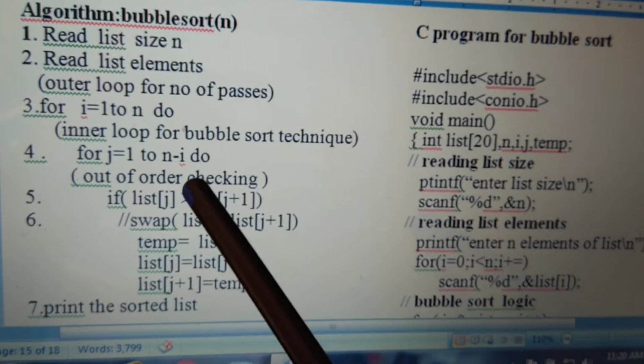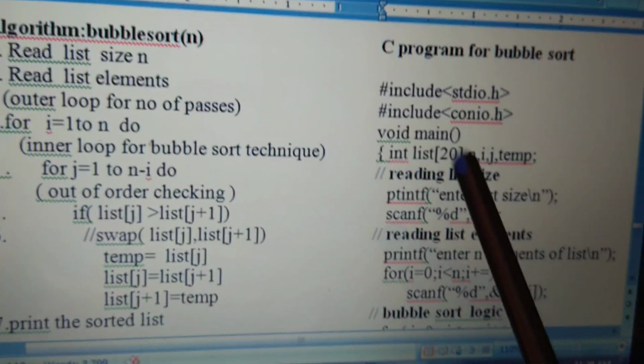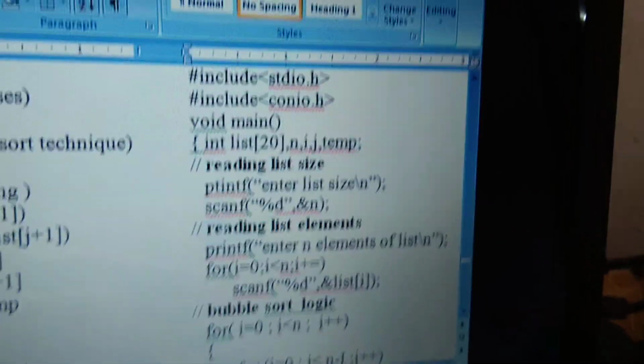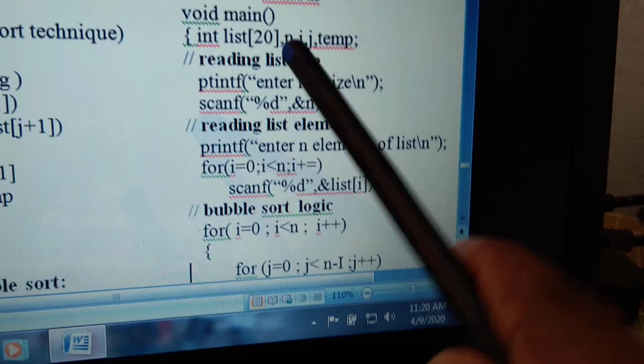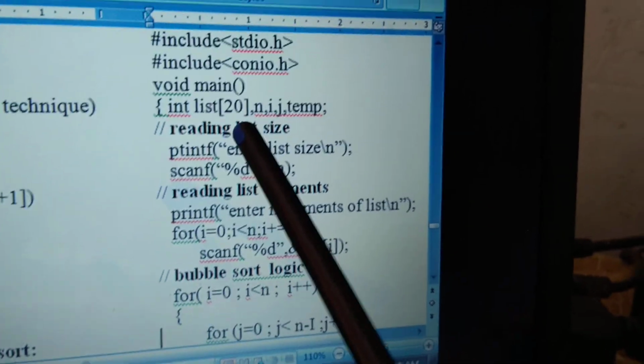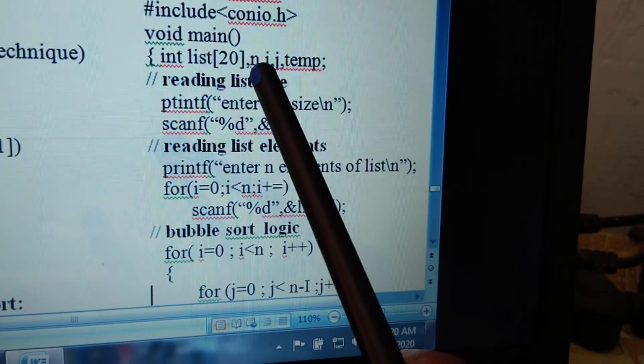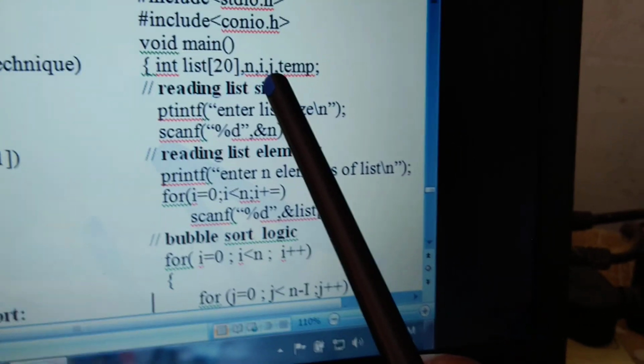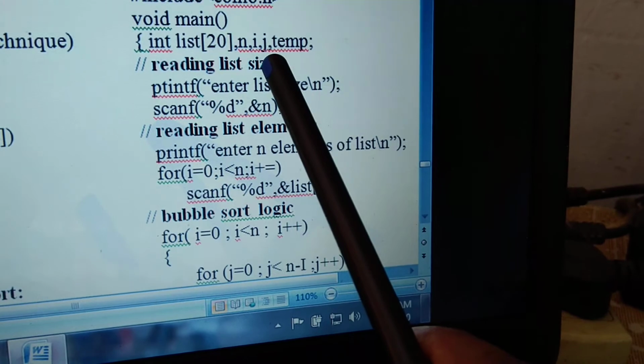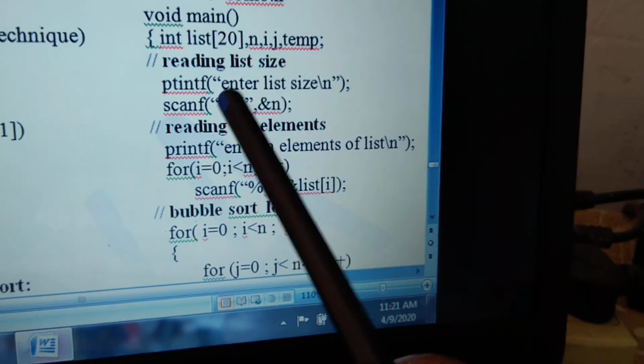C program is just converting this algorithm into a program. Already what you did in selection sort is the same. Here, come to the declaration part: array declaration, temp, size, array size, i and j are the index variables for two for loops.